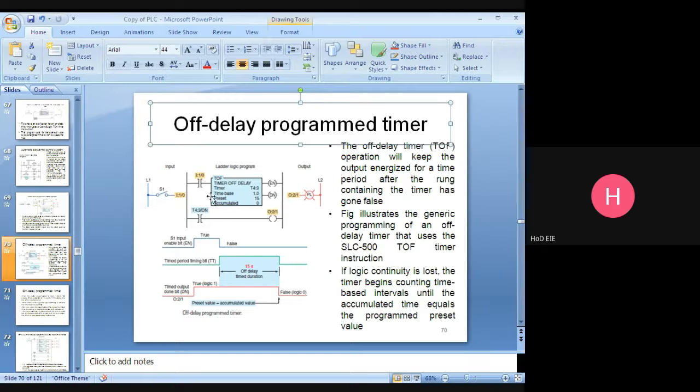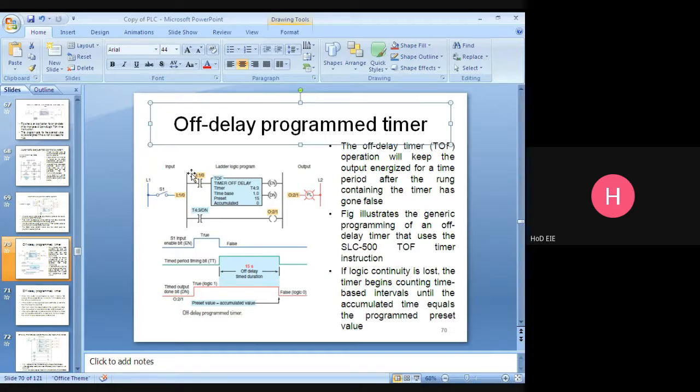So switch on the light, switch on, the bulb will glow immediately without any delay. Understand? Once the switch is closed, the enable bit will be energized, the done bit is energized, this contact will be closed, the bulb will glow. Immediately these actions are taking place. There is no delay. Now you open the switch.